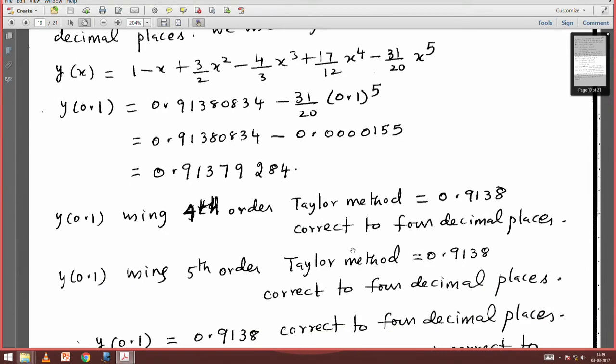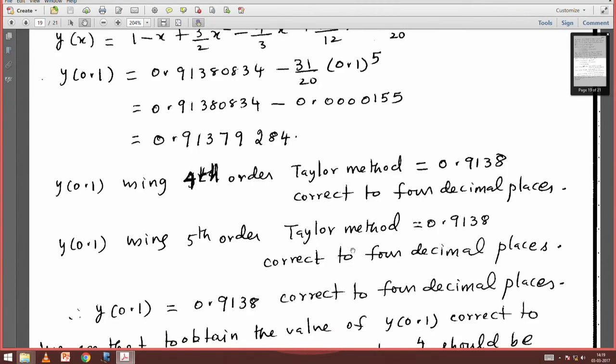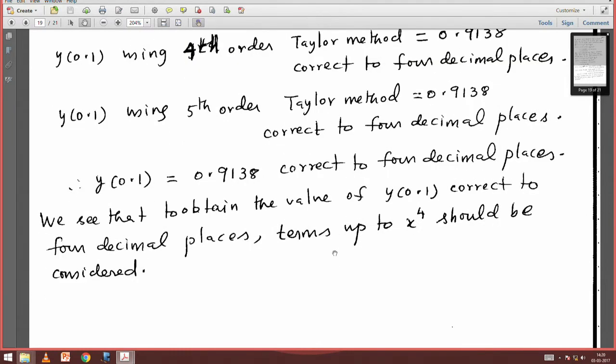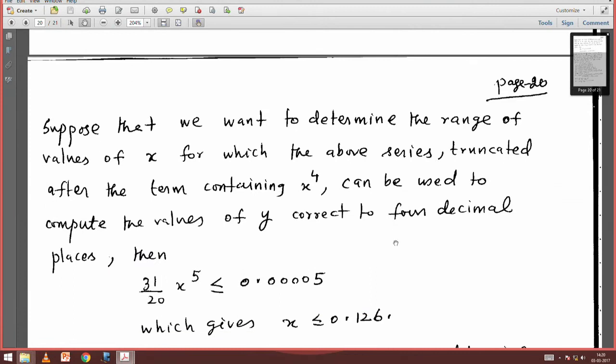So, by including the 5th order term, I am able to get a solution which matches with the previous solution obtained by Taylor series method of order 4 correct to 4 decimal places, and therefore, my solution is 0.9138 correct to 4 decimal places, and this is obtained by using terms up to x to the power of 4 in the Taylor expansion. So, now suppose say I would like to check up to what values of x can